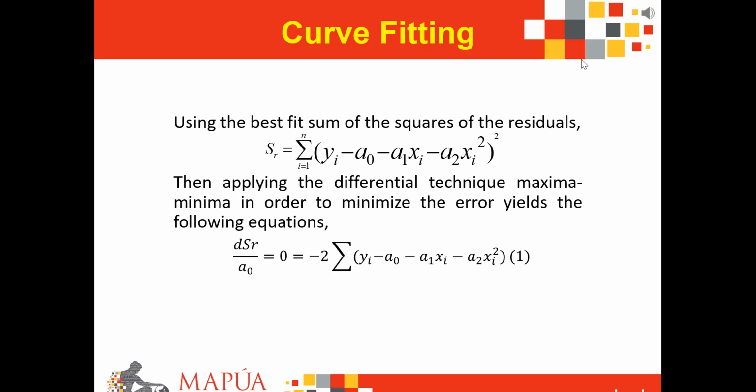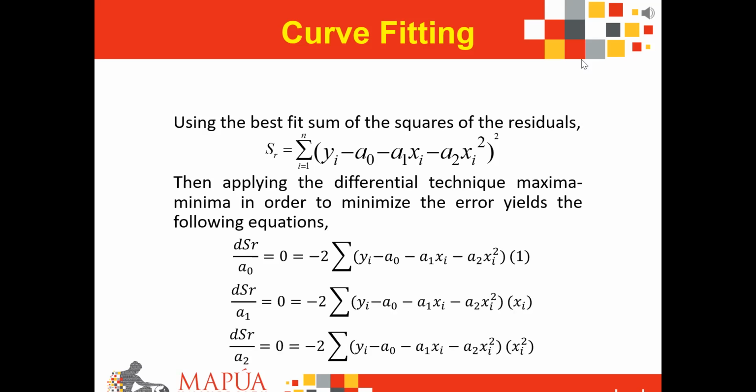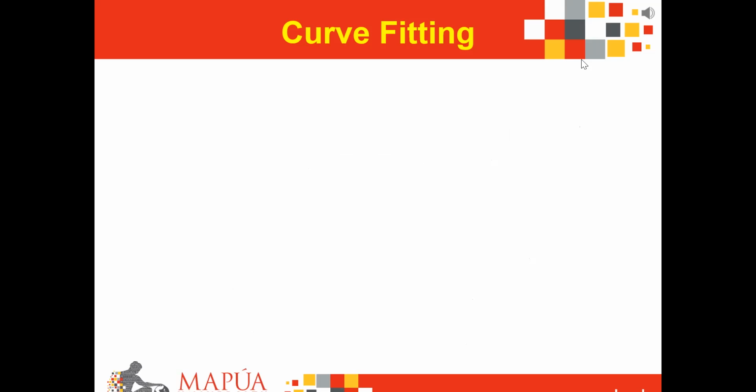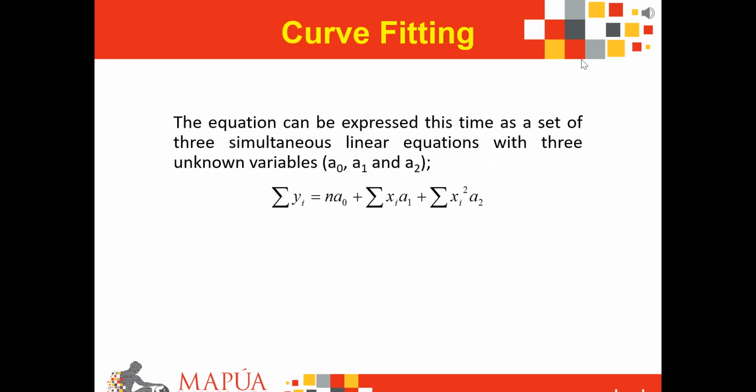This is done by simply obtaining the partial derivative of your SR with respect to a0, the partial derivative of SR with respect to a1, and the partial derivative of SR with respect to a2. Upon doing so, you end up with this given equation. If we divide 0 by -2 to transpose -2 to the other side, 0 divided by -2 is still 0. And then we simply, again, much like the linear regression, distribute the summation as well as our constants on each term of our given function, thus ending up with a set of equations like this,